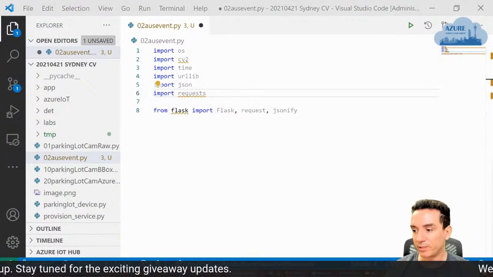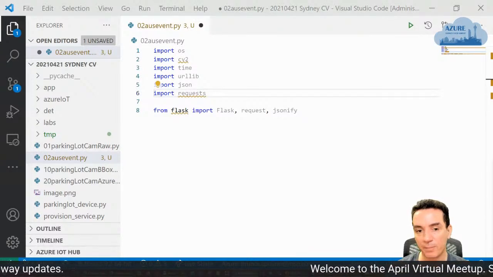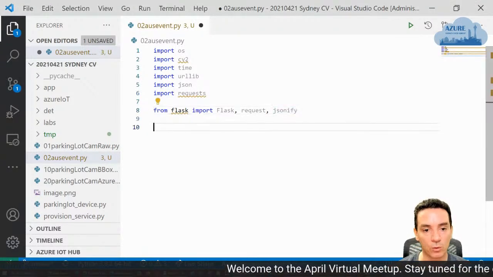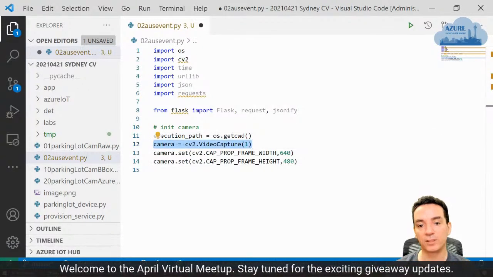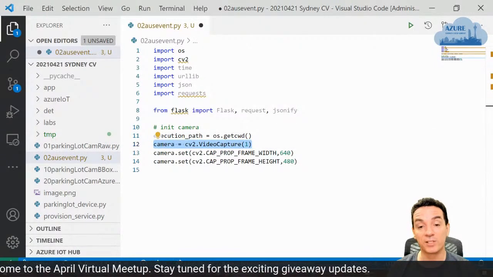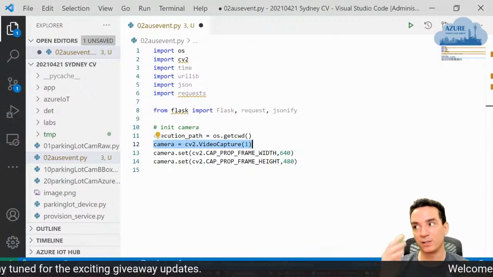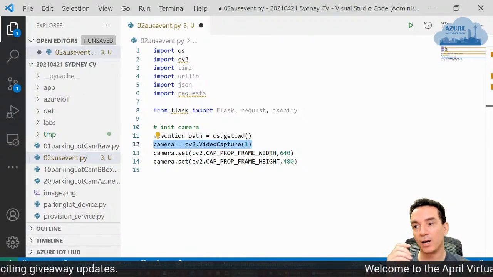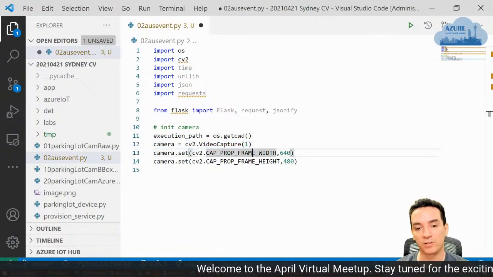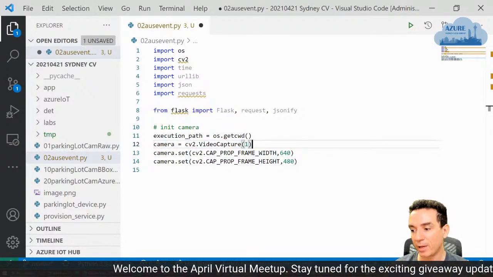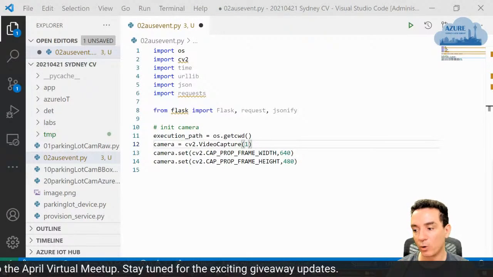So the first thing that I need to do is init my camera. This is standard OpenCV code where I am going to open my camera. I have several cameras, the one that I use for the demos and the other ones for this demo. So this is the number 1 that I have. And then I'm going to do an eternal while loop where I am going to